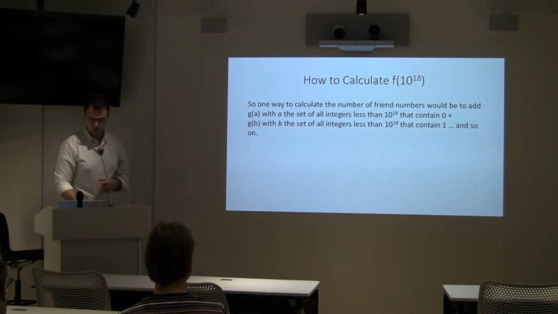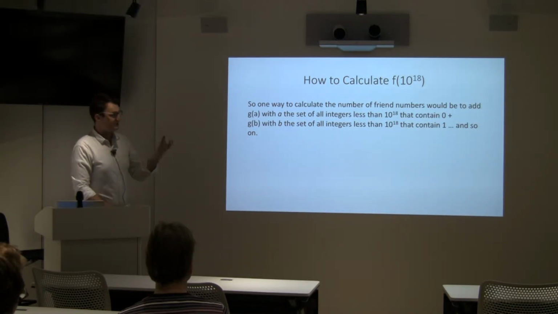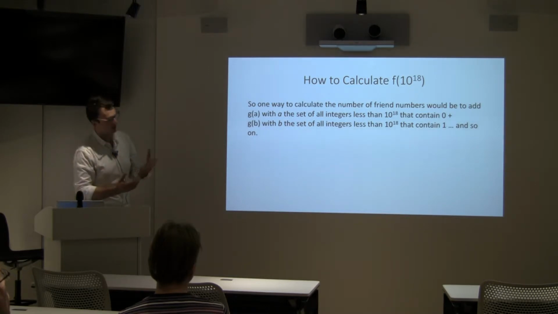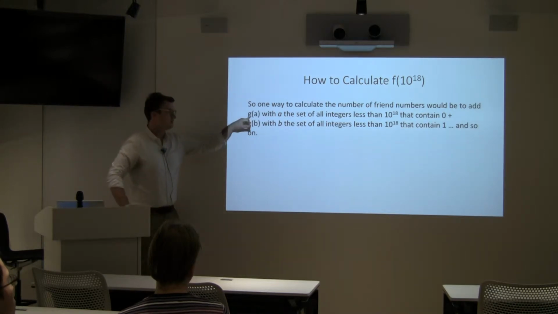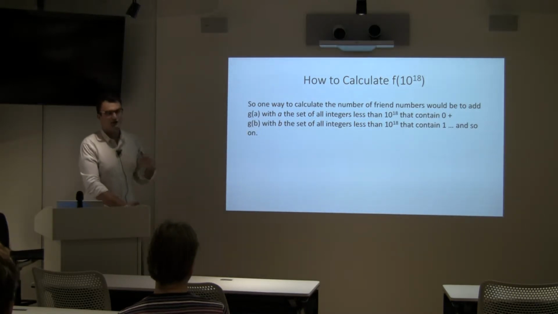How do we calculate f of 10 to the 18th? Let's imagine that instead of treating all the numbers together, we break them down into numbers that contain 0, numbers that contain 1, numbers that contain 2, and so on. So we take g of a to be the set of all integers less than 10 to the 18th that contain 0, g of b the set of all integers less than 10 to the 18th that contain 1, and so on up